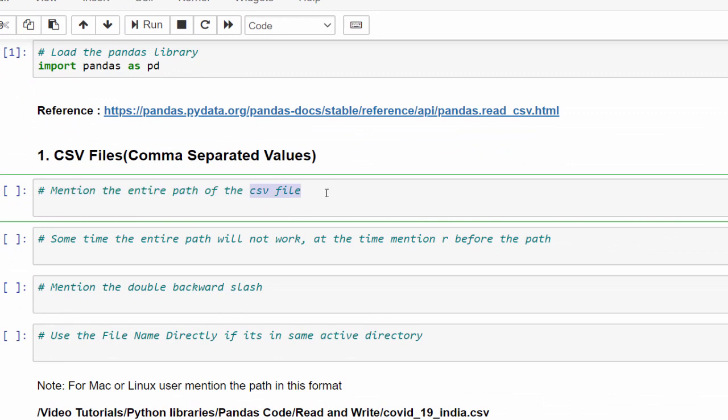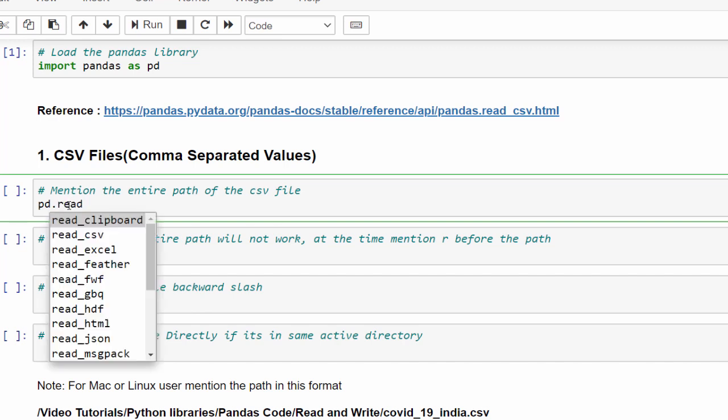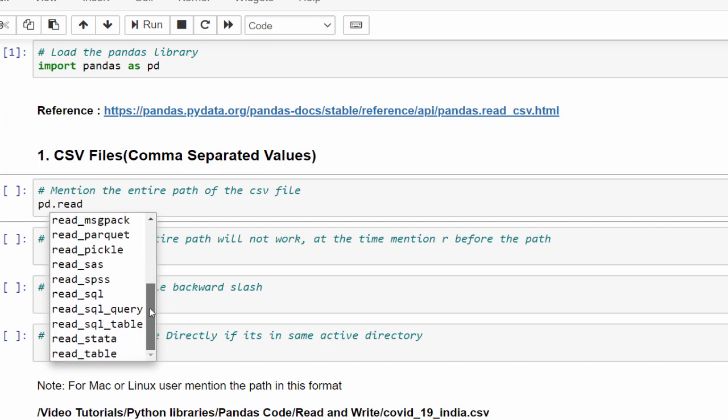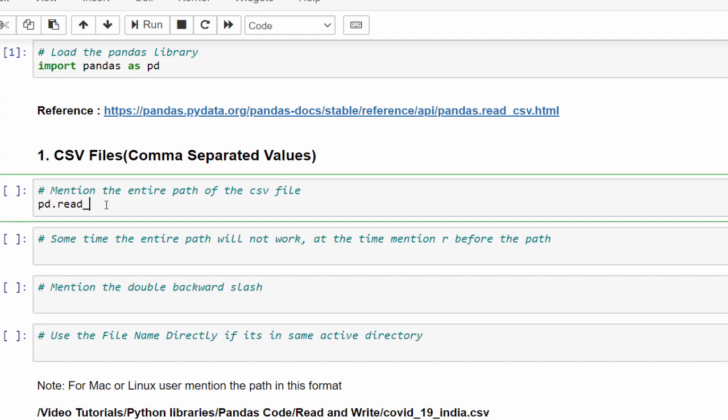First we have to import the CSV file. For that, a simple command: pd.read. When you press tab, these are all the files we can read: CSV, Excel, feather, HTML, JSON, SQL query, table, and so on. For us, it's a CSV.